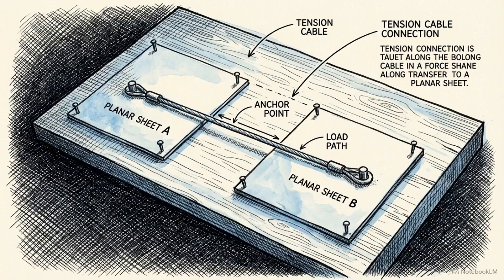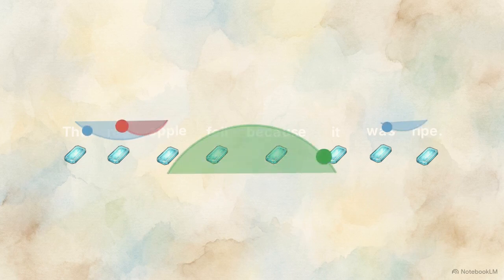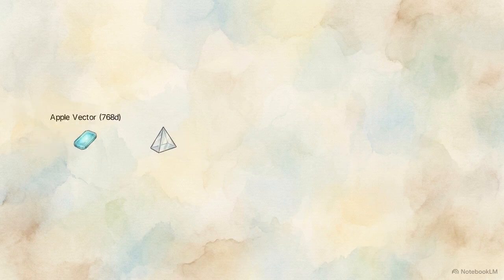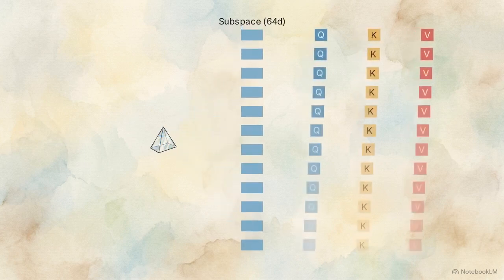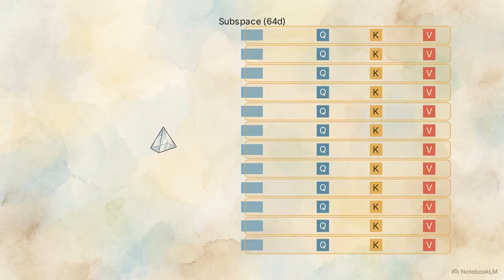A single attention mechanism can only focus on one type of relationship at a time, but processing language requires tracking multiple dependencies, like local grammar and long-range pronoun references, simultaneously. We solve this with multi-head attention. The original embedding dimension is split into parallel subspaces. Each head generates its own independent queries, keys, and values, allowing the model to capture different semantic perspectives at the